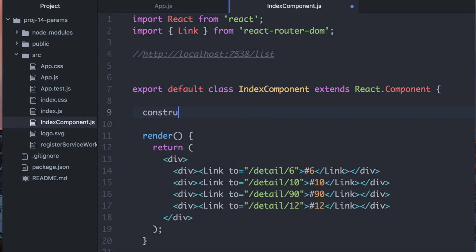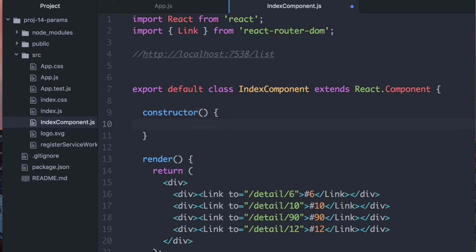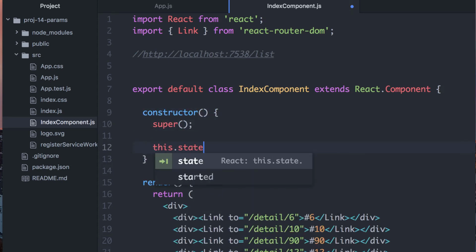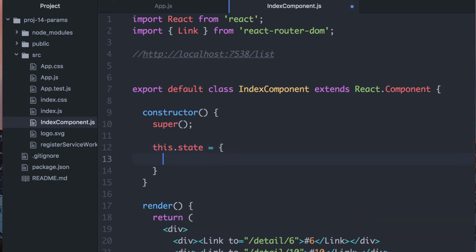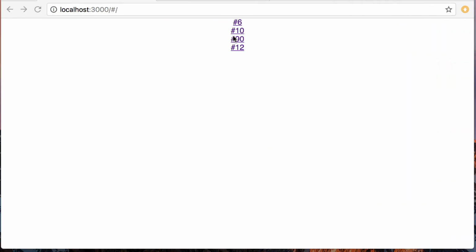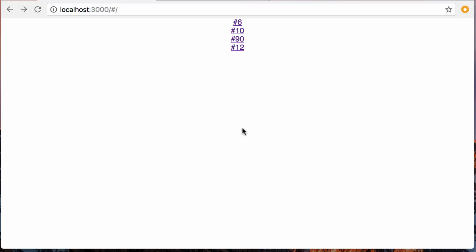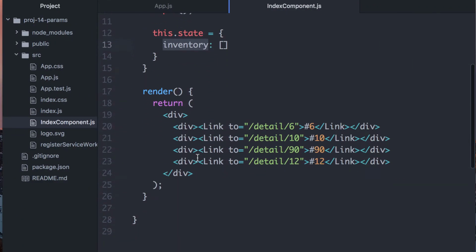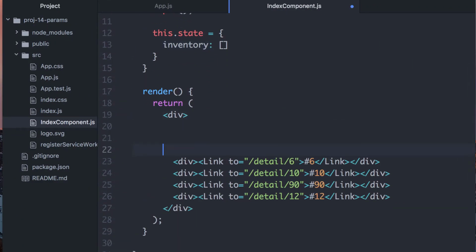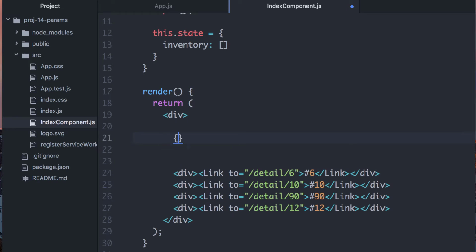So I can say constructor, super, and say this.state equals an object, and I'm going to put an inventory, and that's going to be an array. So I'm going to grab the array that's coming back here, this data thing, and I'm going to put it in here in state. And what that means is I'm ultimately going to need to map. So this.state.inventory.map